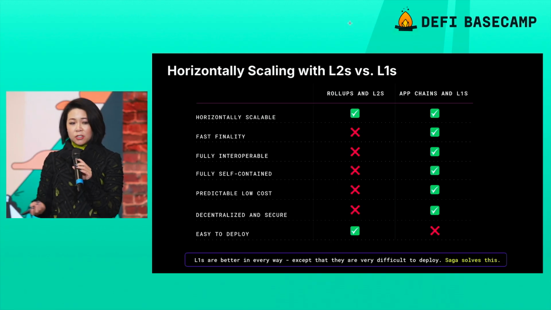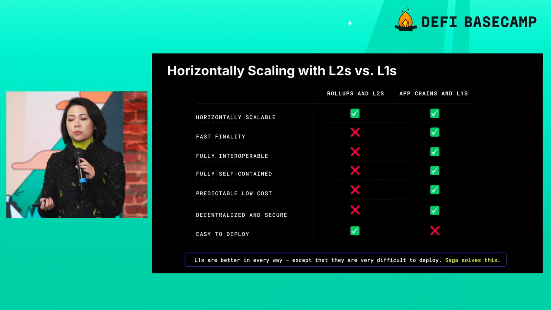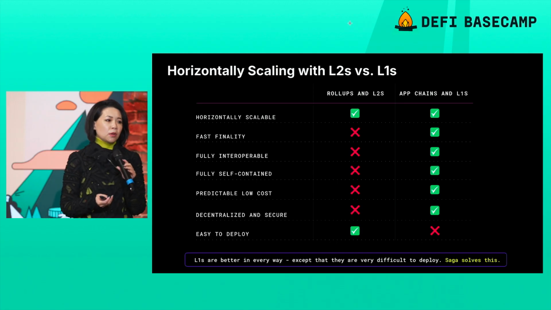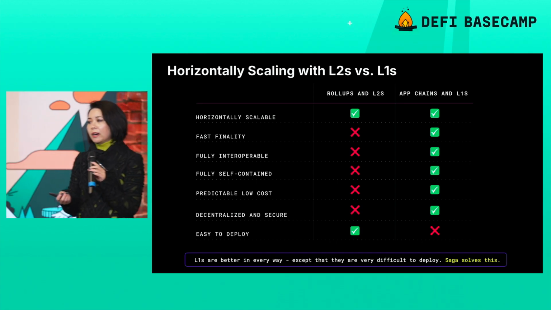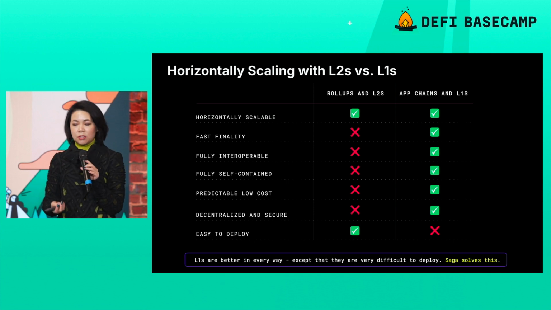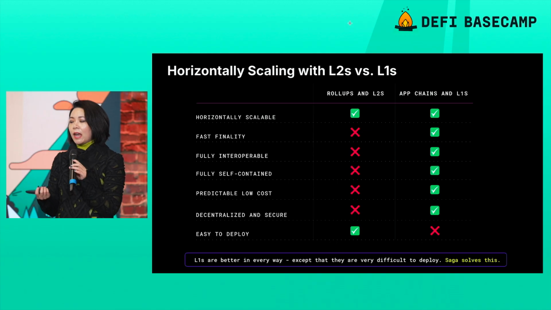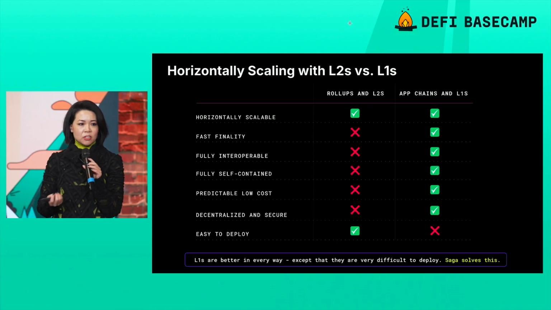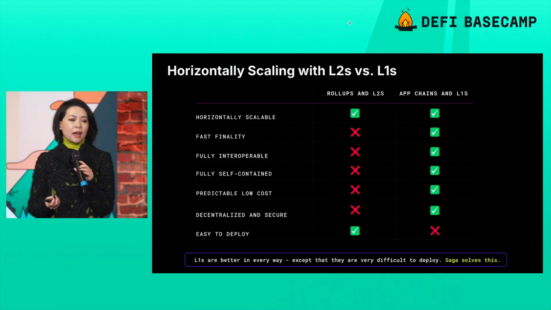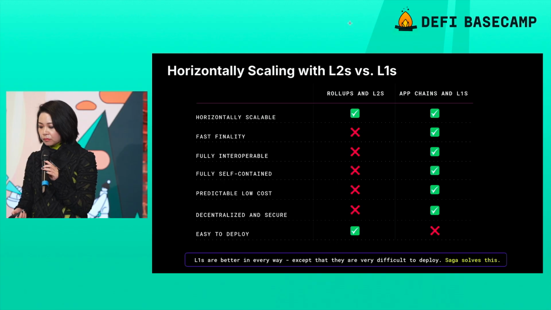Decentralized and secure, we already talked about that. Easy to deploy. So it used to be that with rollups and L2s, you could do it at a click of a button. Maybe more so for a rollup. For an L2, you still need a little more construction there. But for a layer one, you needed to gather your validator set. You needed to have a security model. You needed to have your own native token. It's incredibly expensive. And I think for a lot of application developers out there, they felt that this was way overkill for what they wanted to accomplish. And so it was difficult to deploy that L1.